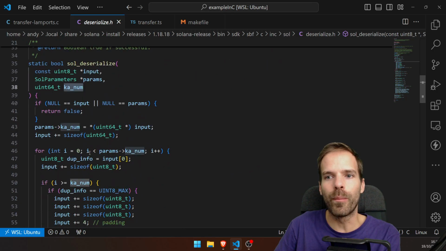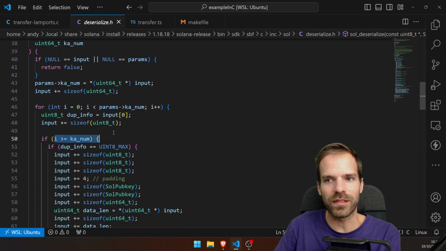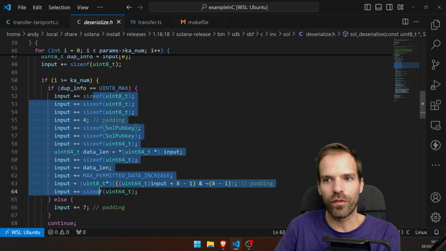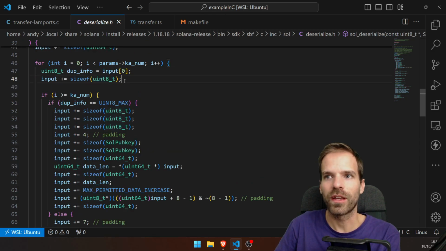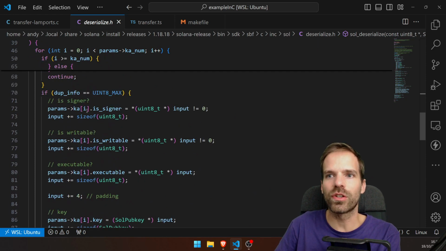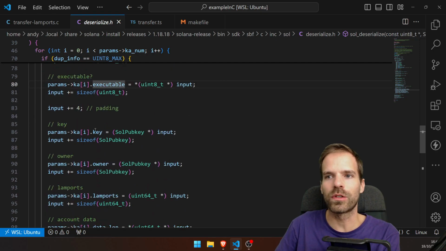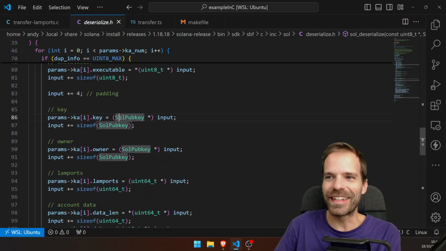When it's already above that number of accounts that we want to read, that we're interested in, then we don't need to deserialize them anymore. So we just skip it. All of that size for when there is an account present, and just another 7 to this one if it's a duplicate. Okay, that makes sense. But the actual way how it's deserialized when we're actually interested in it, that comes here. Okay, that makes sense. Okay, so there is signer, there is writable, executable, the key, and it's always basically just,